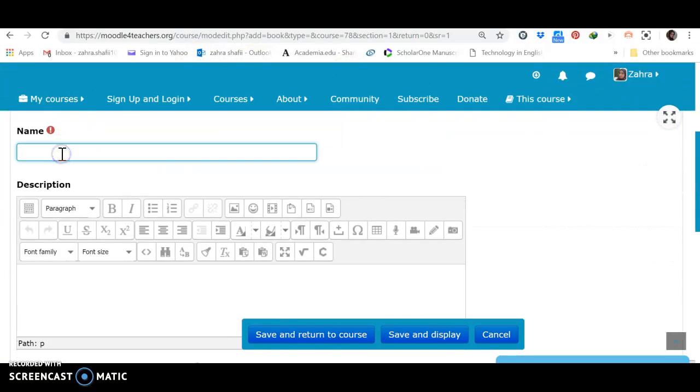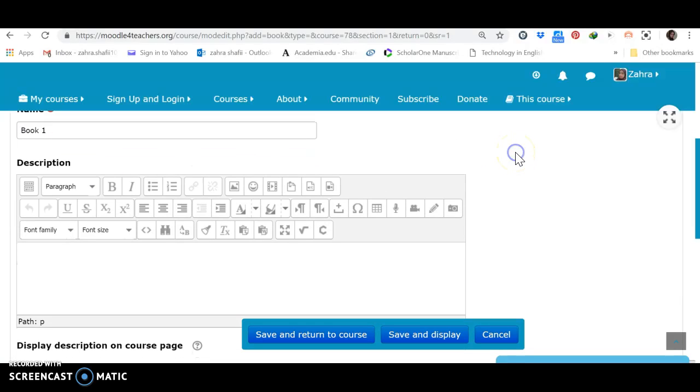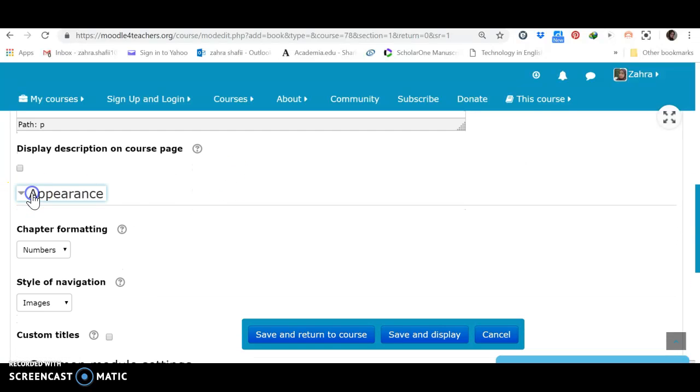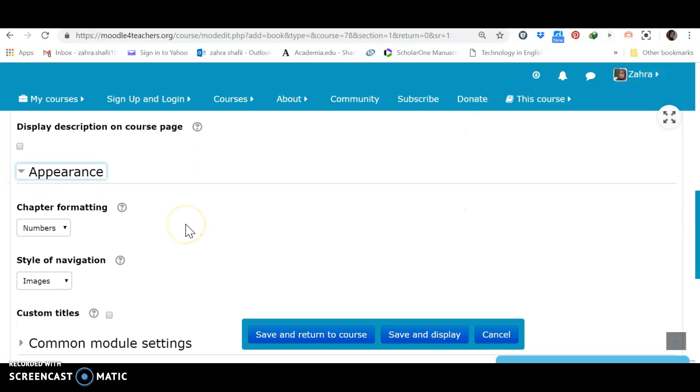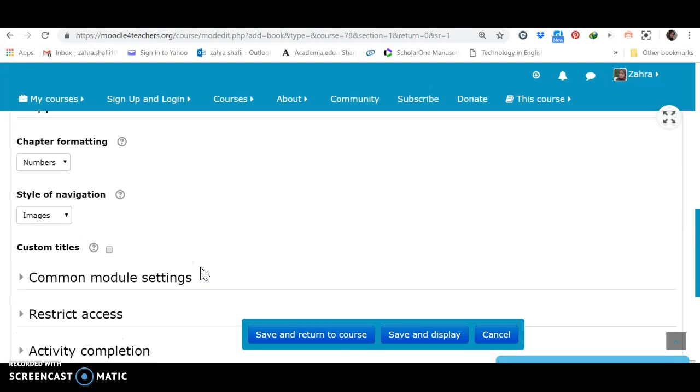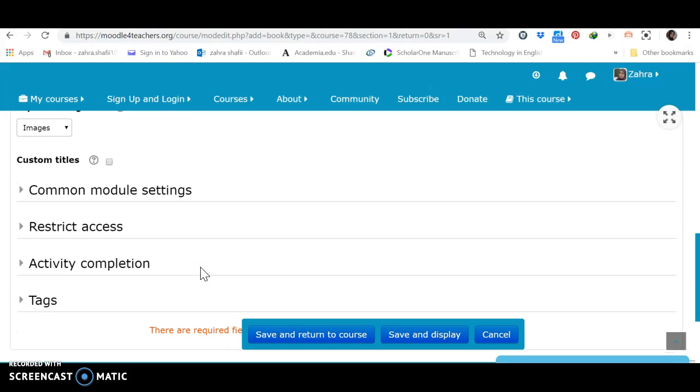Book 1. Again, we've got the same setting, description, appearance. Let's see what we can do with the appearance. Chapter formatting based on numbers. It can be based on bullets, indented, and then style of navigation, images, text, common module setting,